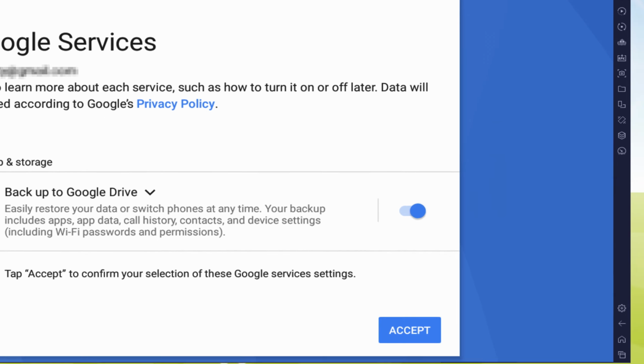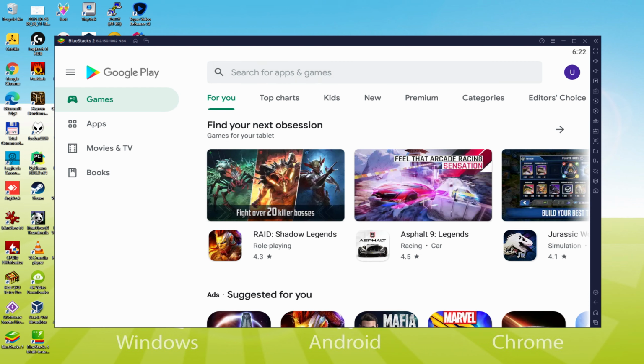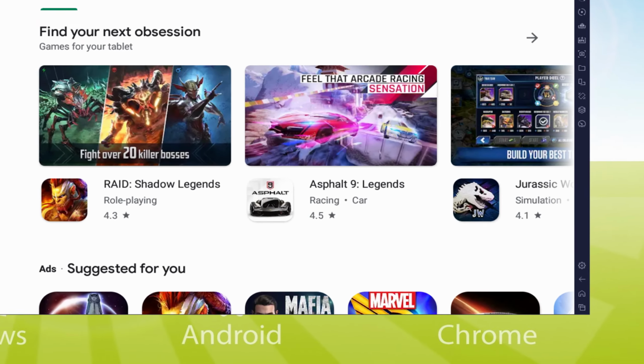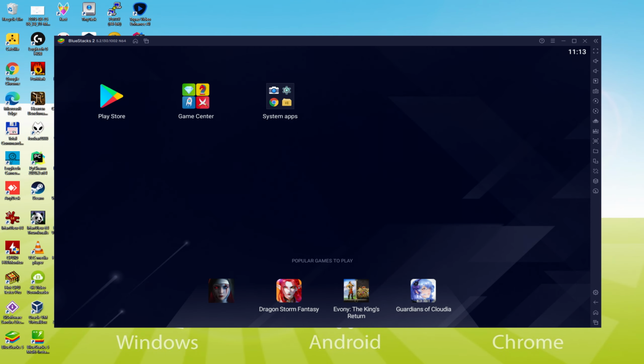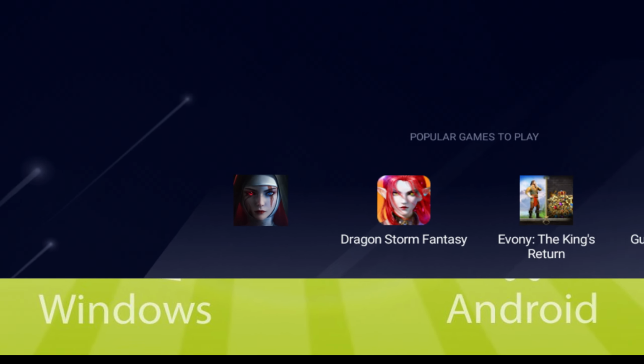You might keep it checked, it's going to create a backup of the files on that device to Google Drive. I will not select it, you can utilize this feature if you wish. We click accept. Google Play, formerly Android Market, is started automatically and immediately. To set up the game, we are required to browse the emulator desktop by clicking on this app icon indicated green colored. Currently that we are exploring the desktop of this Android emulator, we find there the Install Application button. We click on the button.